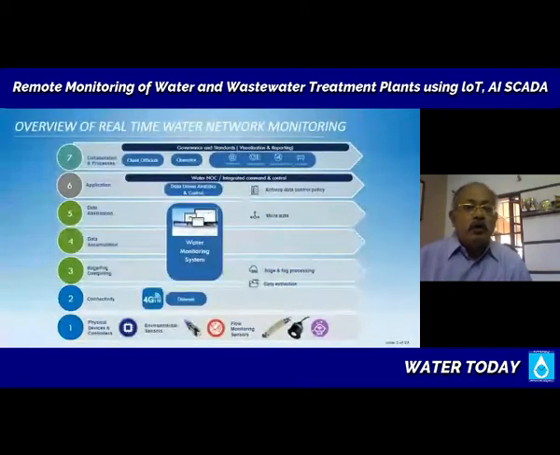In terms of overall water network monitoring and management. So first we will look at water networks and then come to treatment facilities towards the end of the session. Here you see at the bottommost layer, what you must have is the physical devices, the sensor technology, the controllers,